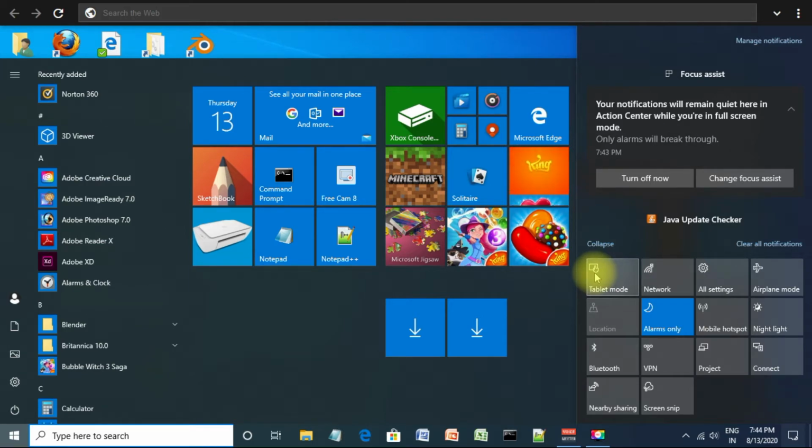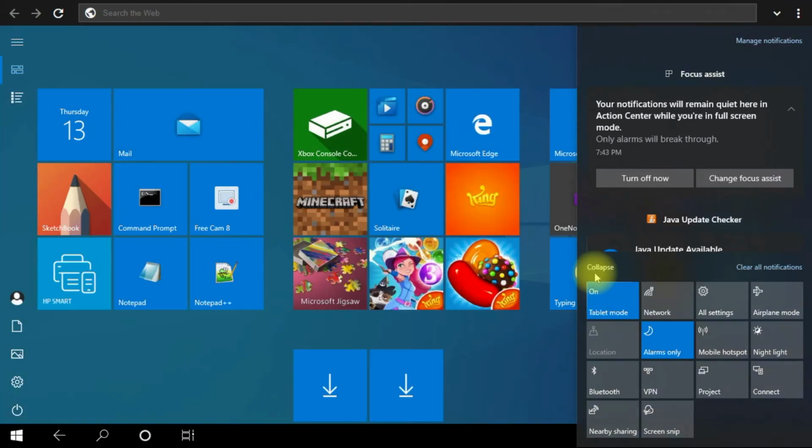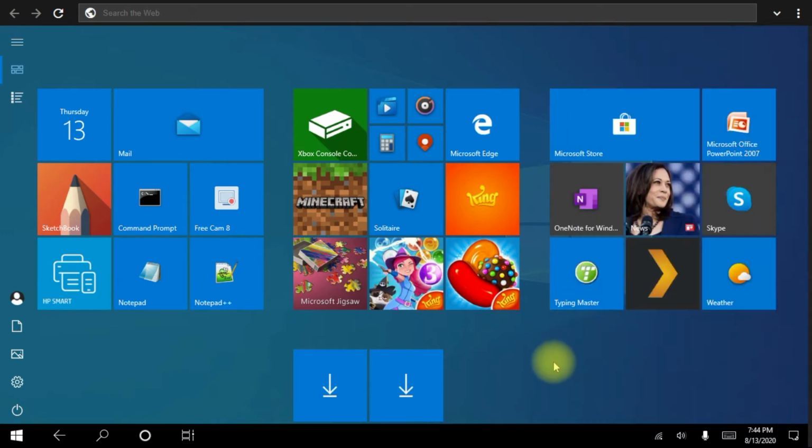If you are not able to find it, you can go to the settings part, and I will show the second method also. But for now, the first method: click on this tablet mode and observe what will happen. The taskbar which was there, with multiple elements like File Explorer, Notepad, MS Word, and a few other options, has gone away. The entire screen has become full screen. Earlier it was not a full screen. It was only a start menu and a small portion. That was non-tablet mode.